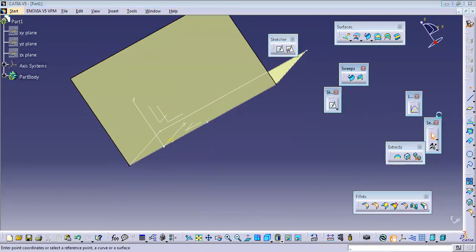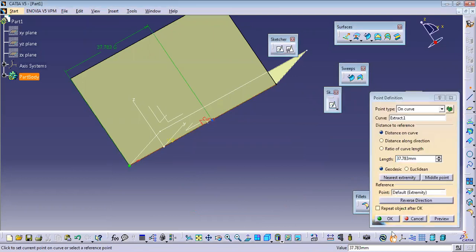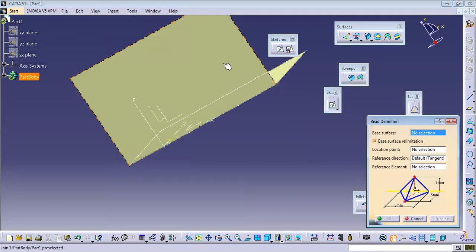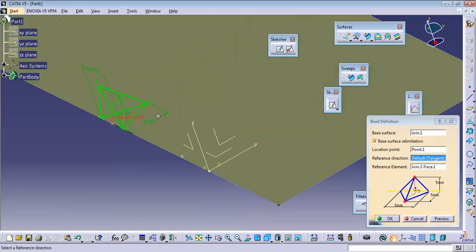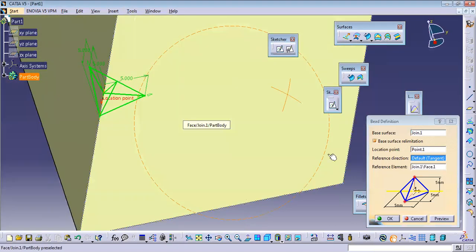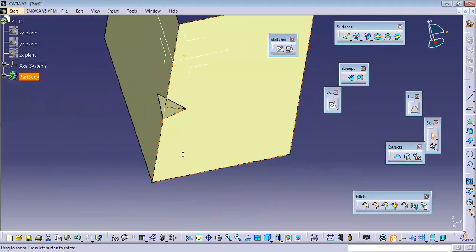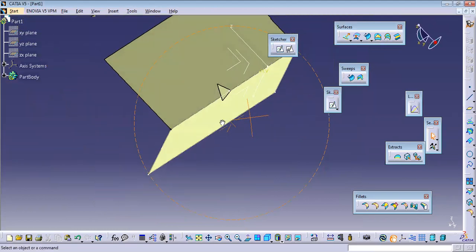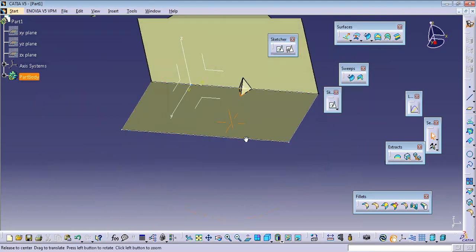Again, I guess you need to have a point somewhere on this edge. So I'll just place it somewhere here. I'll say okay to this. Now I'll directly go to this BIW templates and click on this bead. Now it is asking me for the base surface. So this is the sheet and this is the location point where I want to create a bead. And you can notice the bead structure has been started here. So easily by looking at this figure, you can assign the dimensions to it. Once it is done, just say okay to this. And you can notice a bead-like structure has been created. So this will totally avoid the bending and the opening of the sheet profile. And once you see it from the back, it will be totally punched inside.